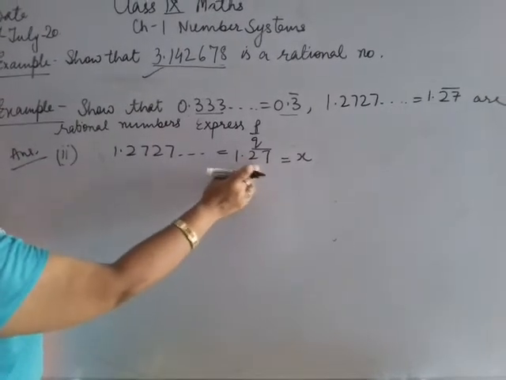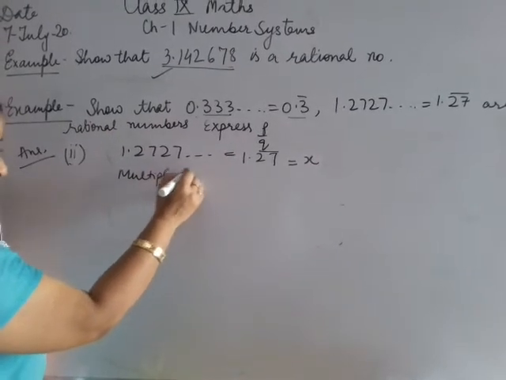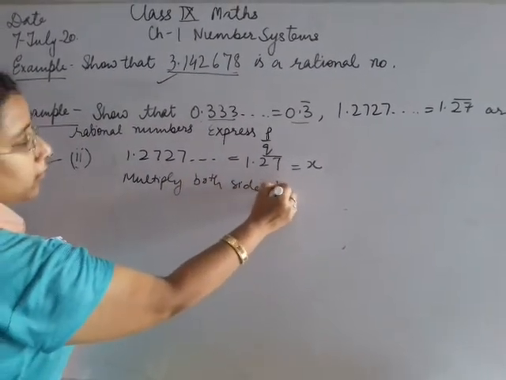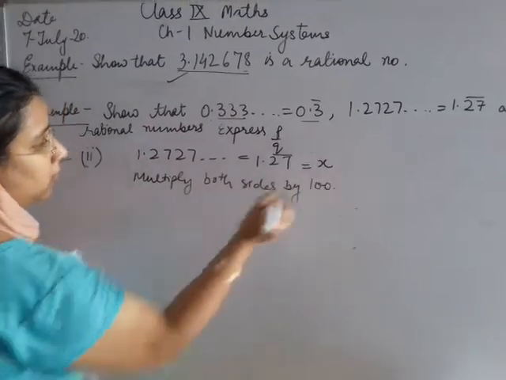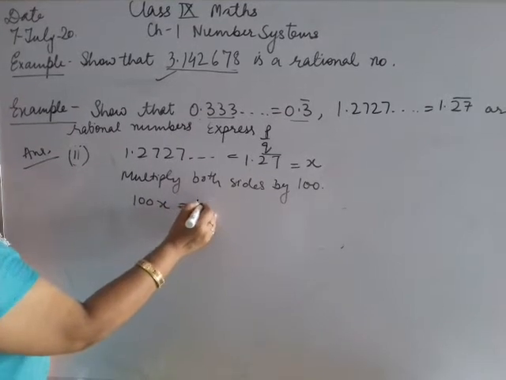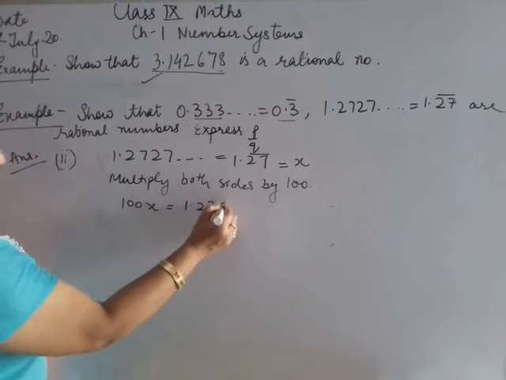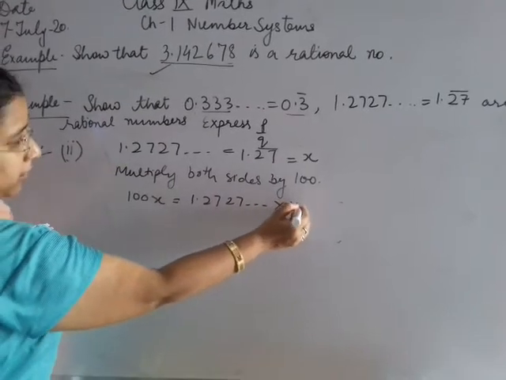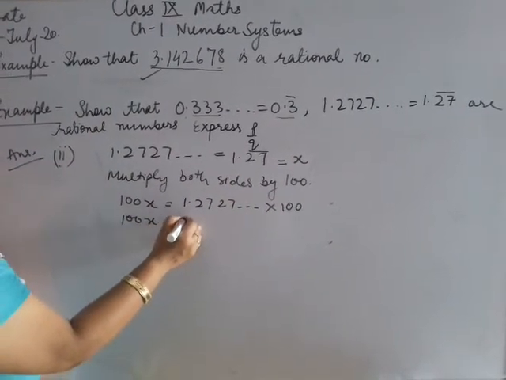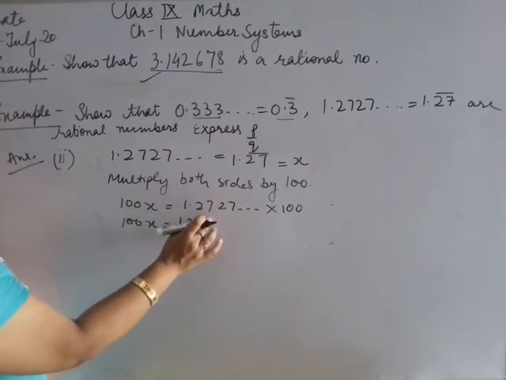Now as 2 digits are repeating, we will multiply both sides by 100. Okay. So now we have 100x is equal to 1.27 bar into 100. So the decimal will shift by 2 places,